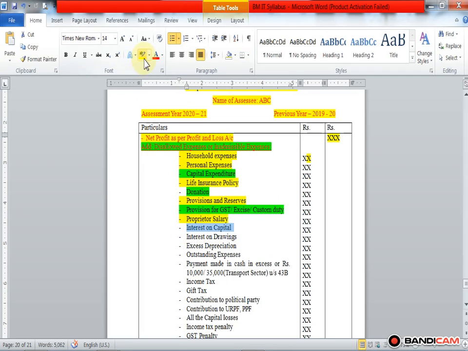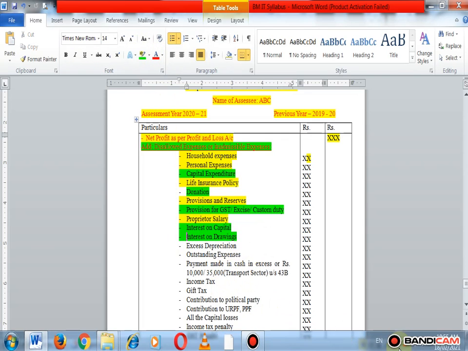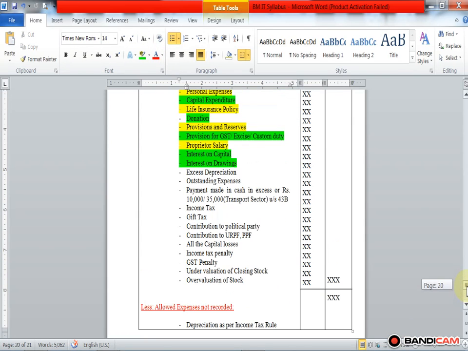Interest on capital is also disallowed. Interest on drawings is also disallowed. Okay, so here a list of expenses is given. Interest on drawings is disallowed, excess depreciation is disallowed. Okay, outstanding expenses are disallowed, and payment made in cash in excess of rupees 10,000, or 35,000 in case of the transport